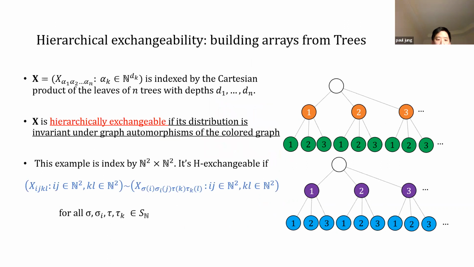And in that case, there is a representation proved by Austin and Panchenko, which, sorry, I didn't give it in this slide. I'll give it in a couple slides, but let me say that, so another way to think of hierarchically exchangeable is to say that actually